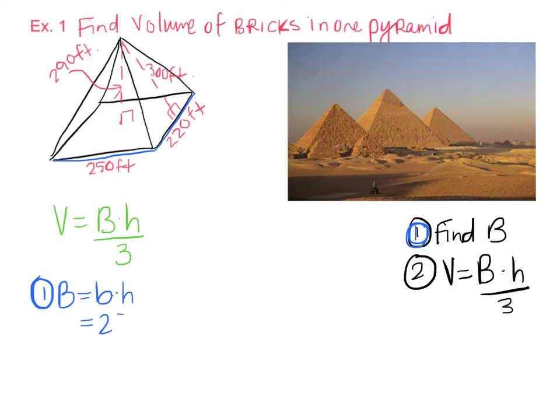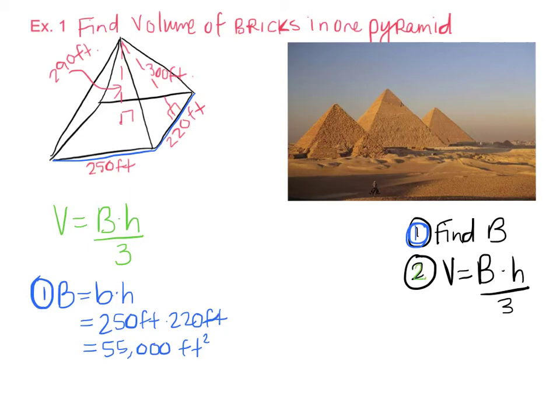That means I'll be multiplying 250 feet times 220 feet. Okay, clearly feet times feet will give me square feet, and I'm going to spare you the trouble of multiplying 250 times 220, and I'll go ahead and tell you that it's 55,000 square feet. That's a very big rectangle. Now for our last step,